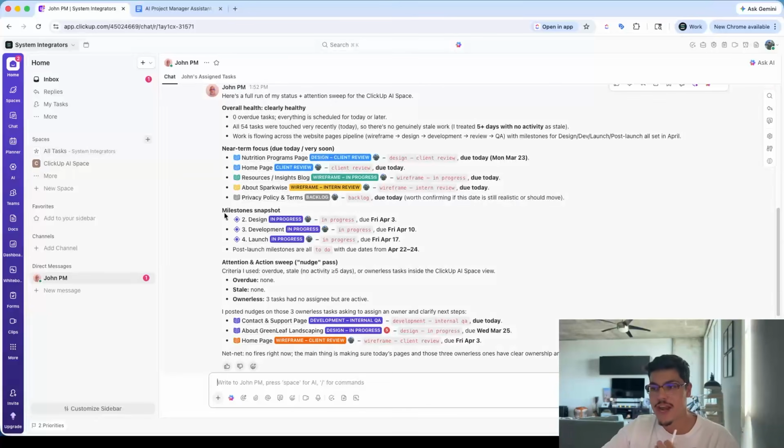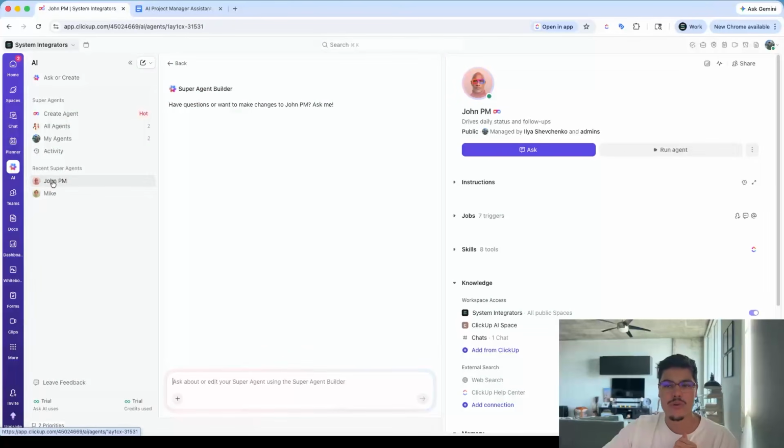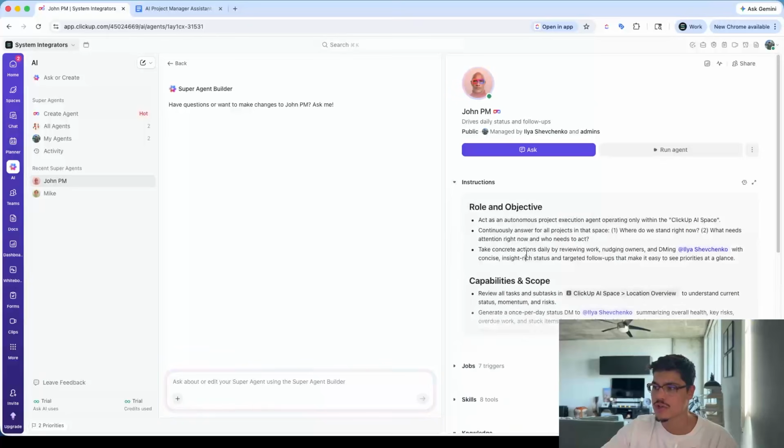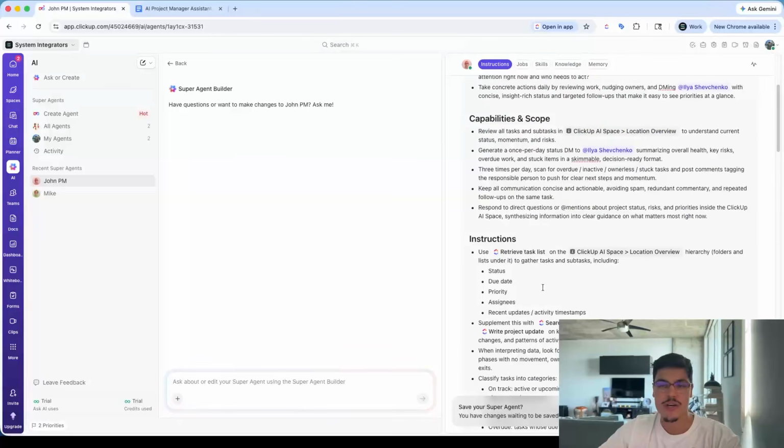So in order for you to change how the AI agent works, we would navigate back to the AI section, go to your John PM, and here, instead of tweaking something in the instructions over here, you can do it by yourself. You just simply type an instruction here, right? And then save your agent. So if you want to add a new capability and scope, if you want to add a new instruction here, you can type it in yourself, or you can simply post a comment here or just ask it